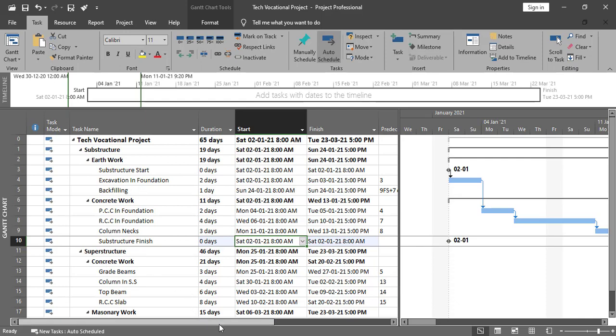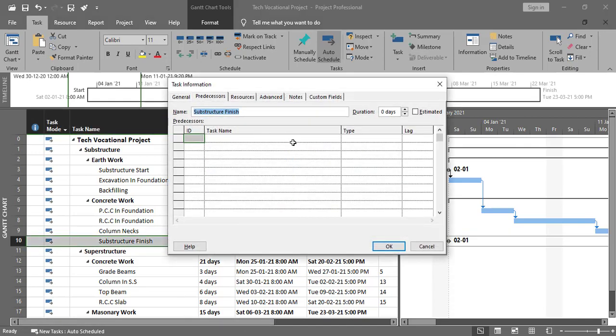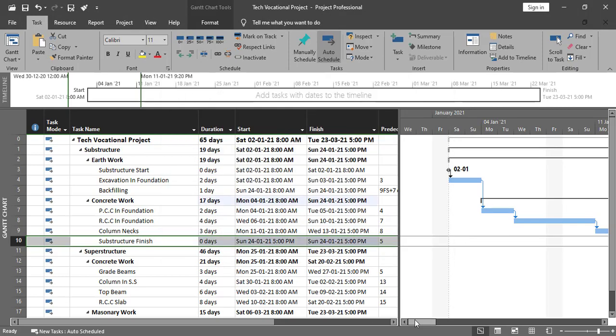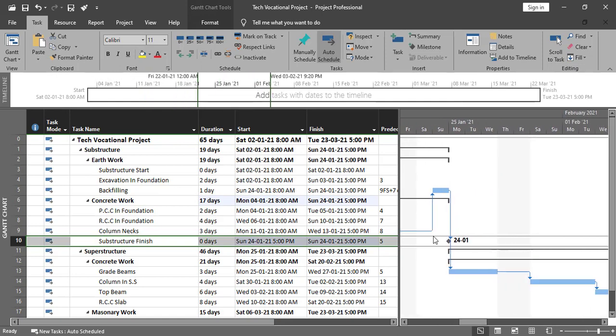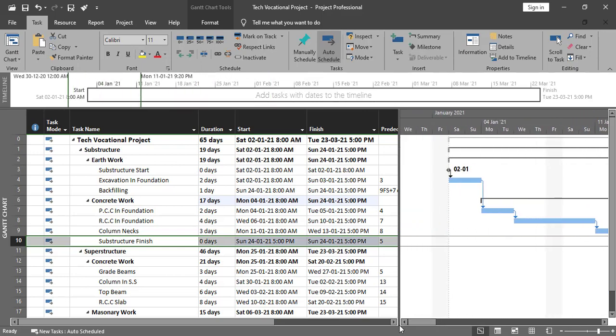So in this regard what we need to do is simply go here, in the predecessor tab, select this one, backfilling, and we'll go with finish to start and press OK from here, and you will notice a change over here. We have just this one, and you can check the date as well. So this is how we can add the milestone in the project as well, and hope you really understand the relationship right now and the milestone as well, and I'll see you in the next